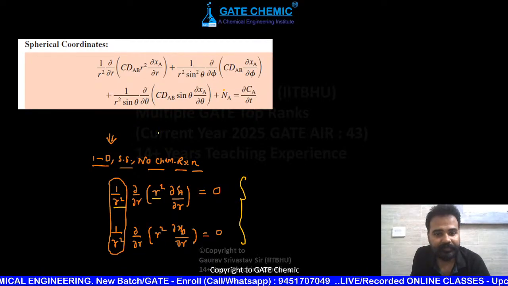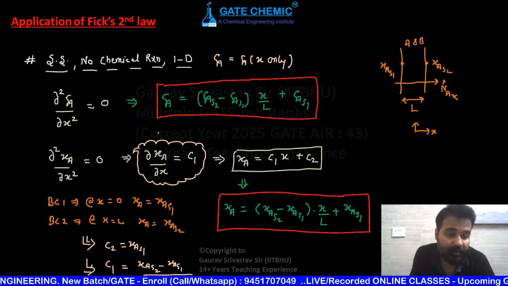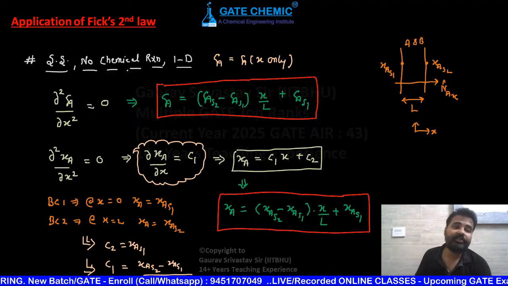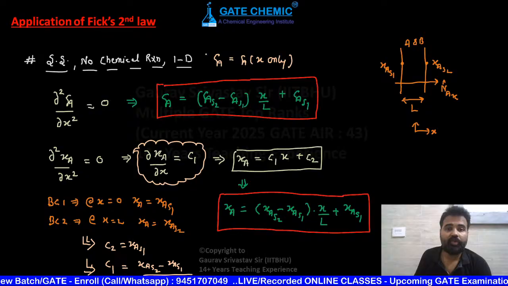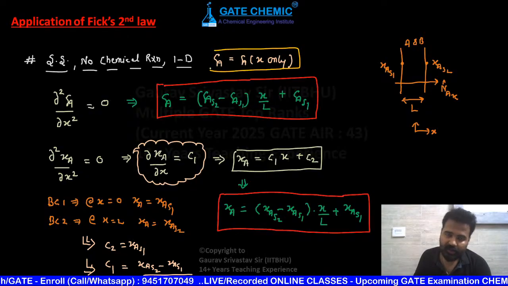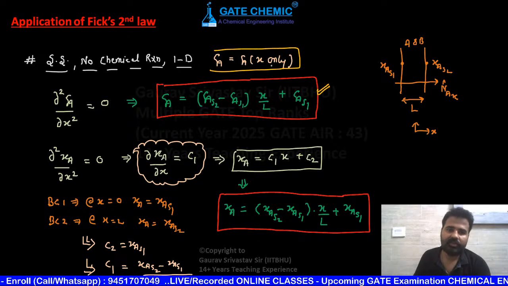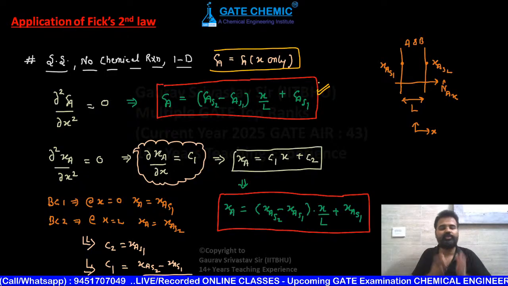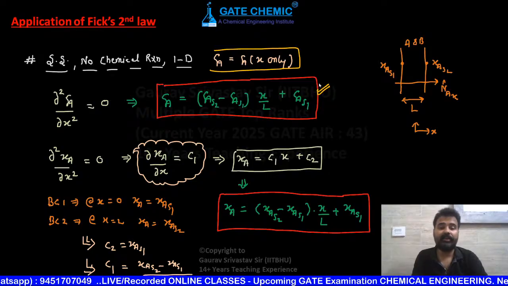Okay beta, now application of Fick's second law। अब हम इसको अप्लाई कर रहे हैं कुछ और केसेस पे। Like I told you, for a steady state, no chemical reaction, one dimensional, Cartesian coordinate, written CA is a function of x only। In examination they can ask you numericals, or they can ask you this concentration distribution equation। आपसे वो concentration distribution का equation भी पूछ सकते हैं।